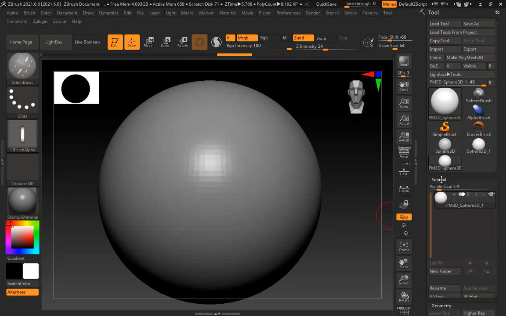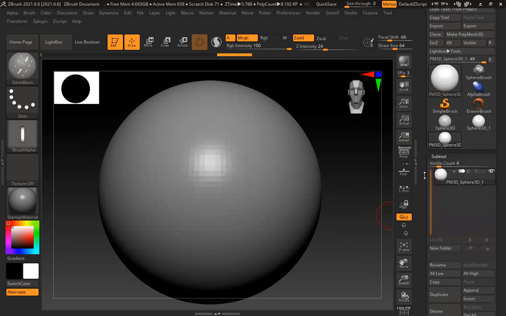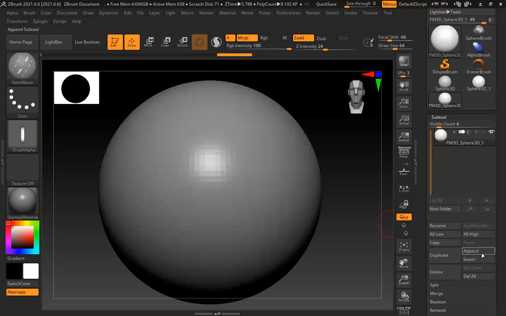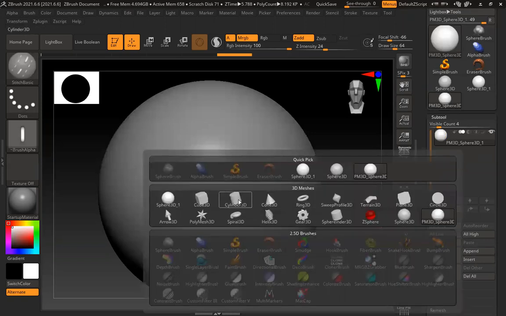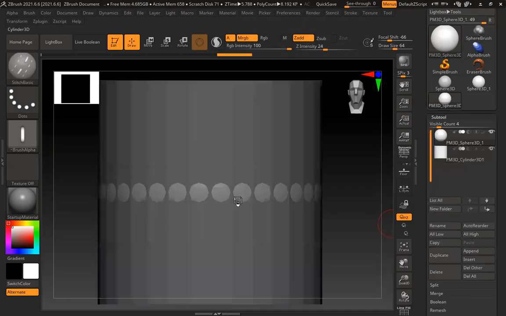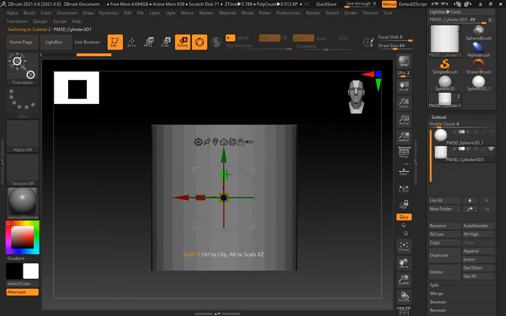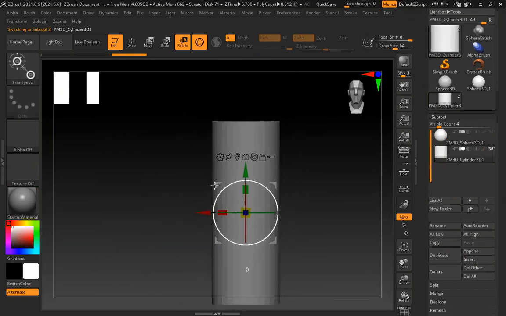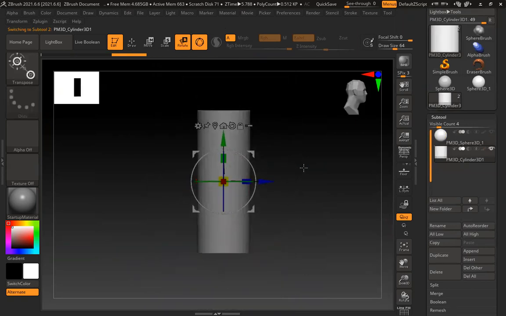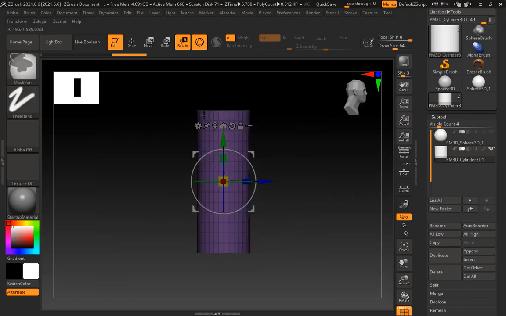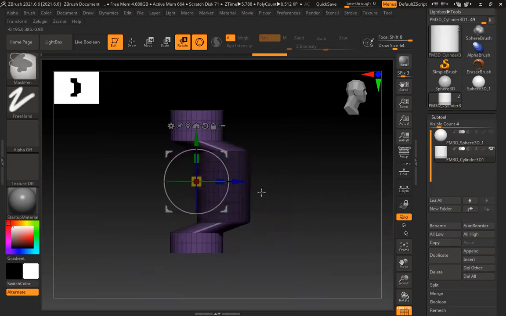So for insert mesh, I need to create this basic stitching model. I can just simply append, let's see, a cylinder, hide this one. Shift F. Invert it, push it slightly back.